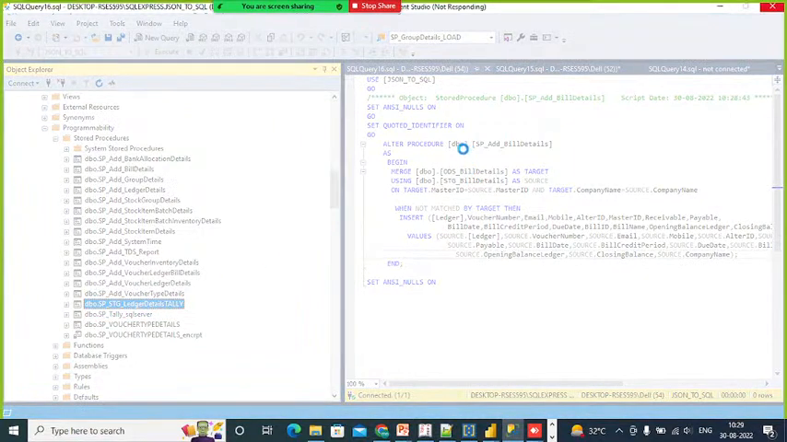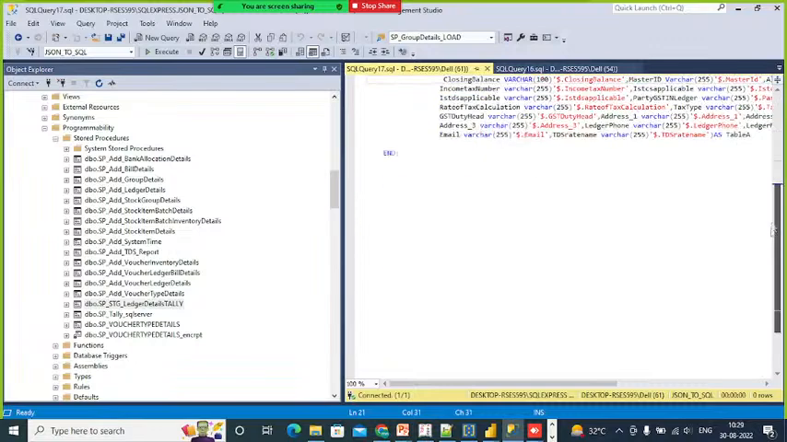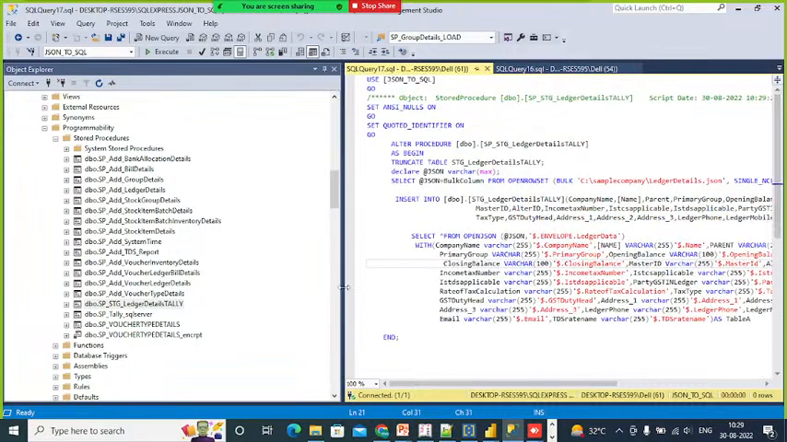Now in the add details, I'm adding the details from stage underscore build details onto ODS. My target and source are matched by company name and the master ID. When not matched by the target, then I insert these values. Right? And here, just for the ledger sake, तो हमने अभी केवल ledger वाला लिया है, I will